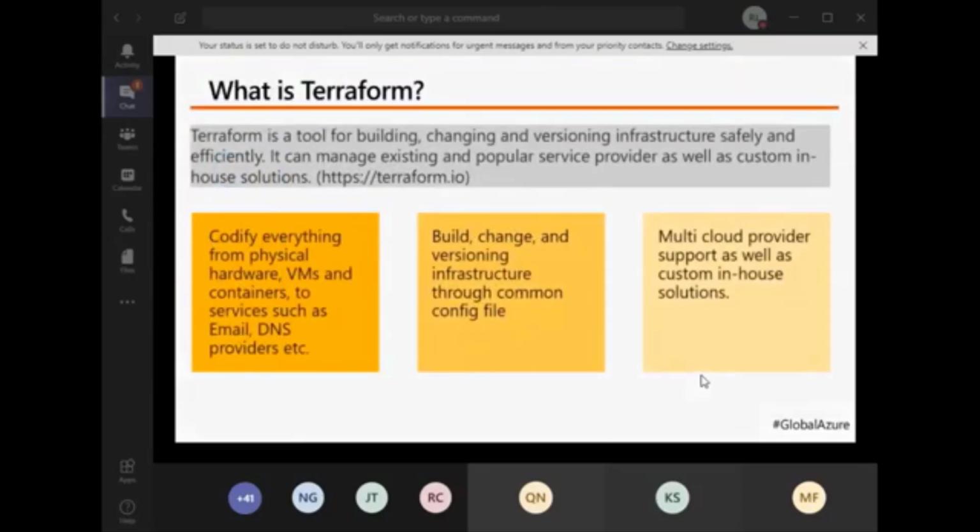Right. So what is Terraform? This is a tool for building, right? You can build and change the versioning of the infrastructure, like I mentioned. Once you do that, you will be able to do state management, and after that, you will be able to do the versioning. And the good thing about this one is that